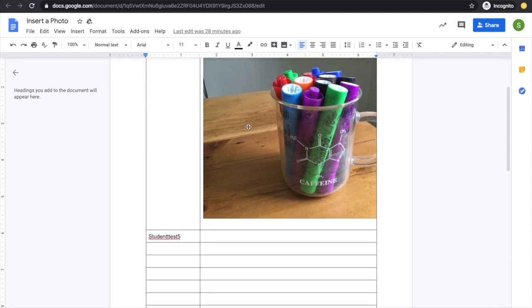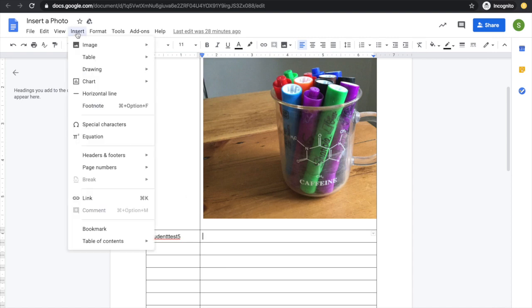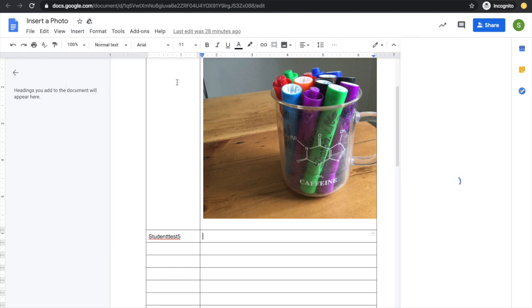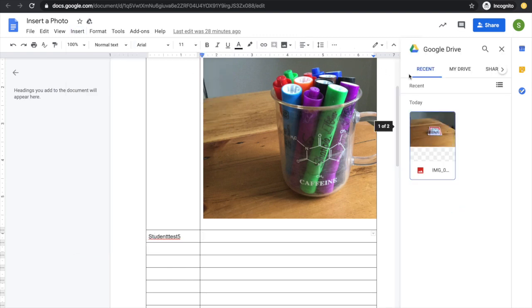I'll scroll down and click where I want the photo, go to Insert, Image, and choose my drive. I'll see my recent photos here. When I select the photo, I'll be able to insert it,